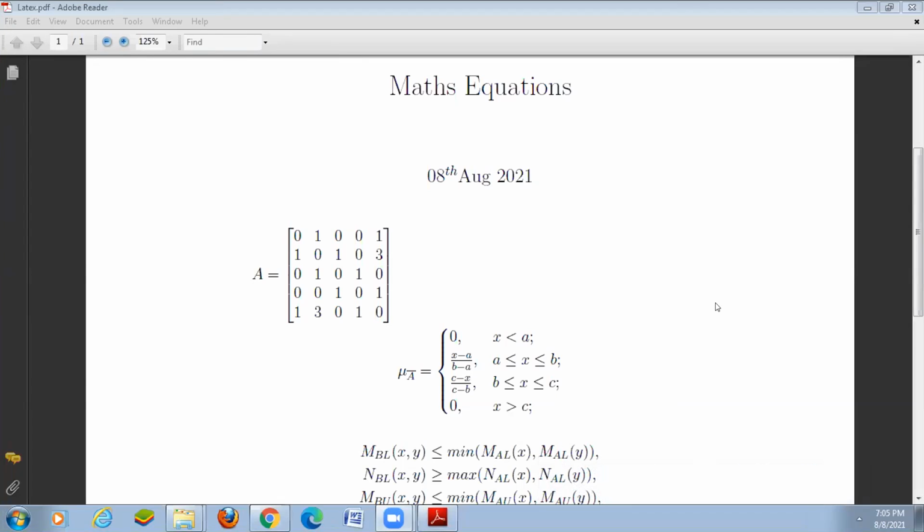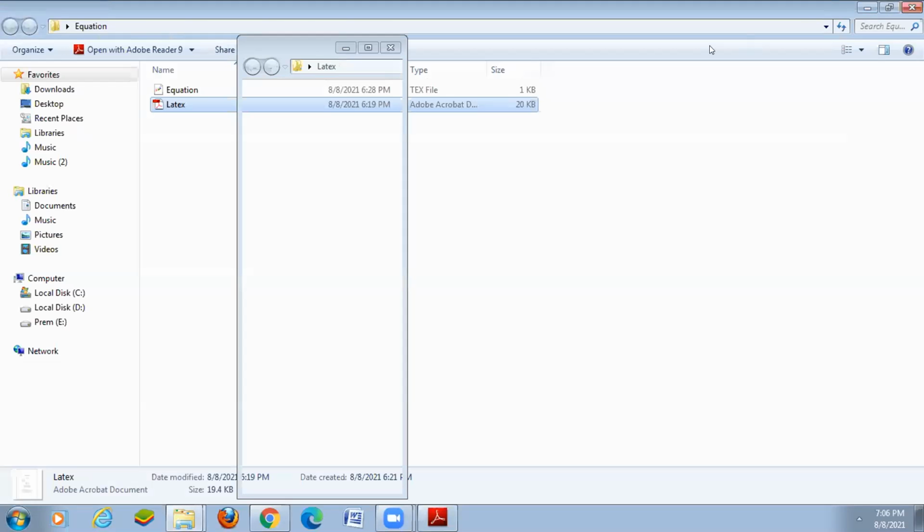Now I am going to present how to write mathematical equations in LaTeX and then how to align the equations in LaTeX. So first you have to use a matrix. So how to create a matrix in LaTeX? So as usual I have to open the editor.